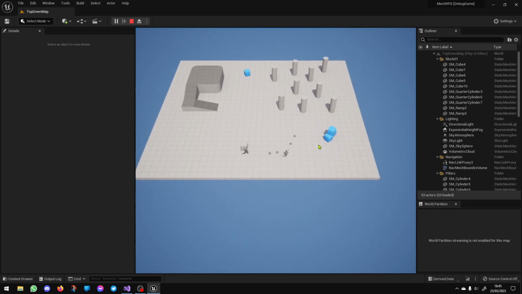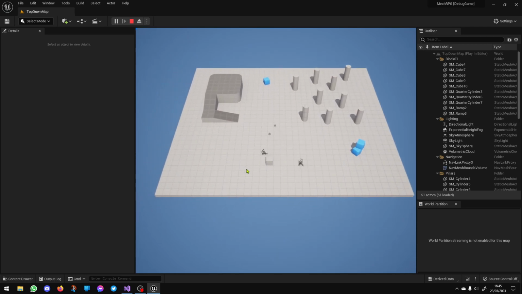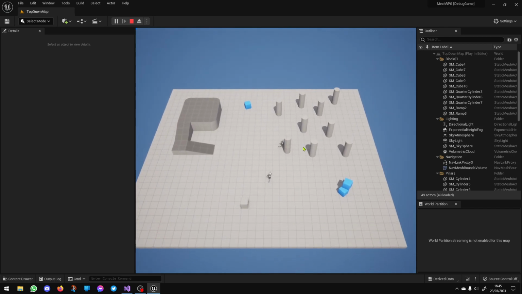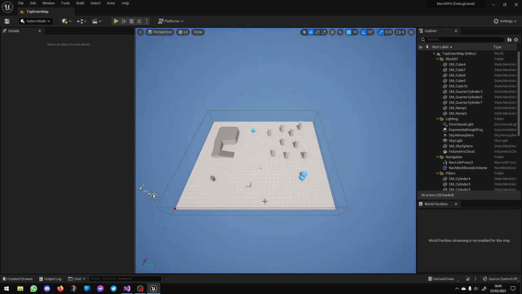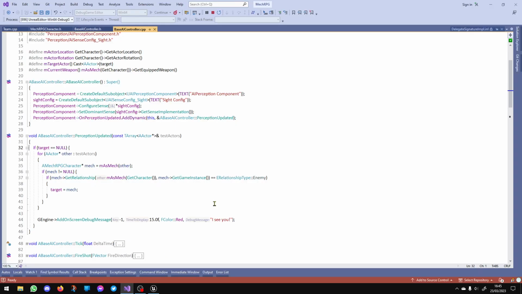Now, what I haven't got, and this is why I'm implementing this system, as you can see, if I move behind here, they just casually shoot into the cube and the pillars. So, in theory, in fact, let me test this. So our perception's fine here. If I go here,